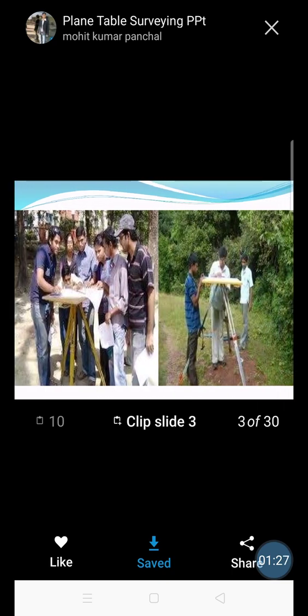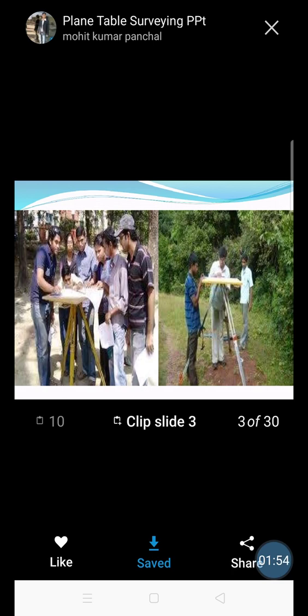In the picture you can see it is nothing but a very plain table of standard dimension mounted on a tripod stand, similar to the tripod stand we have used for the dumpy level and for the compass. A special arrangement is provided below the table, and a wing nut is provided.